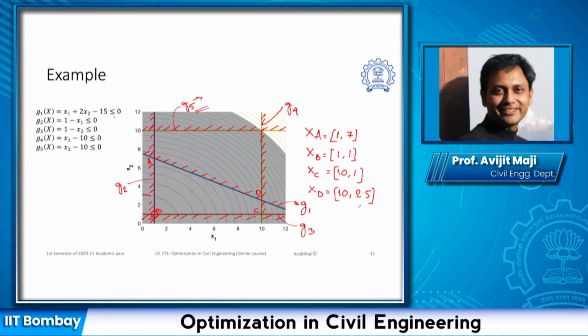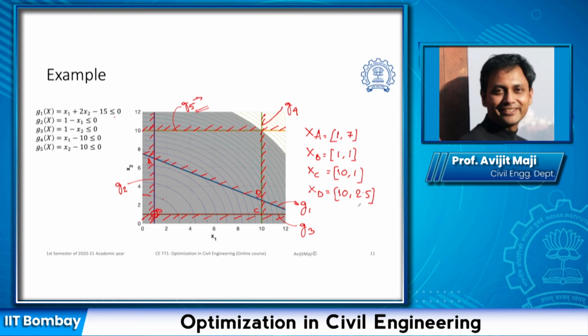So if we choose a point randomly and try to find out which direction we can move so that we are still in the feasible region and our function value is reducing, then our solution process can move on in that particular direction. If we cannot move, then we know that we have reached an optimum point. Only by the nature of it we have to identify whether it is a maximum or minimum.